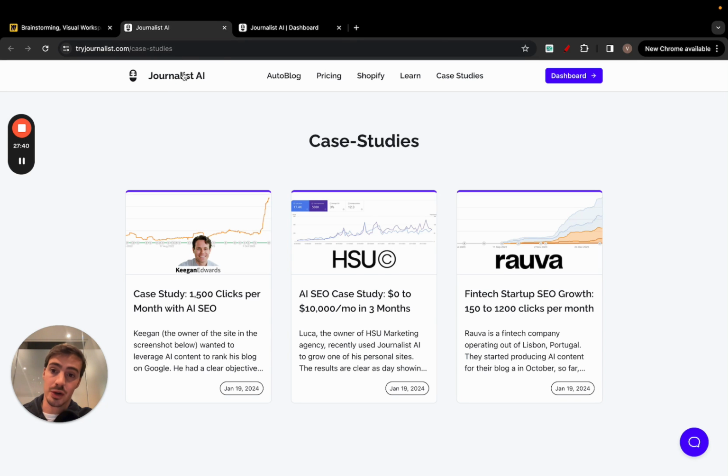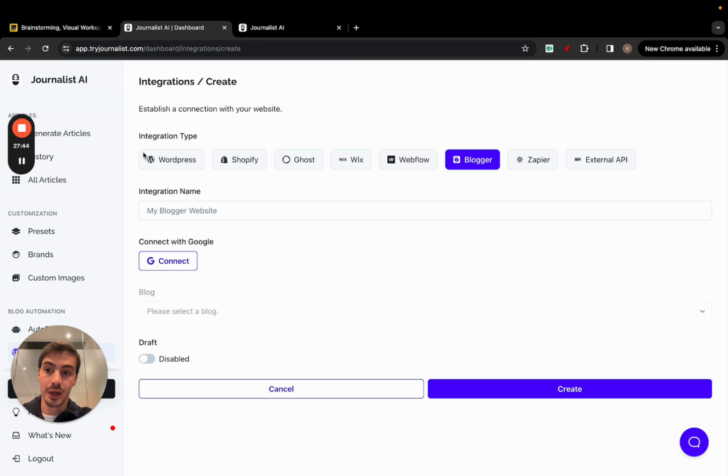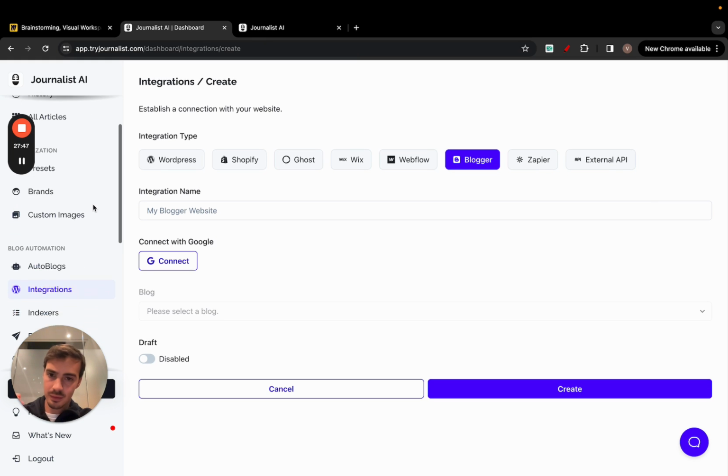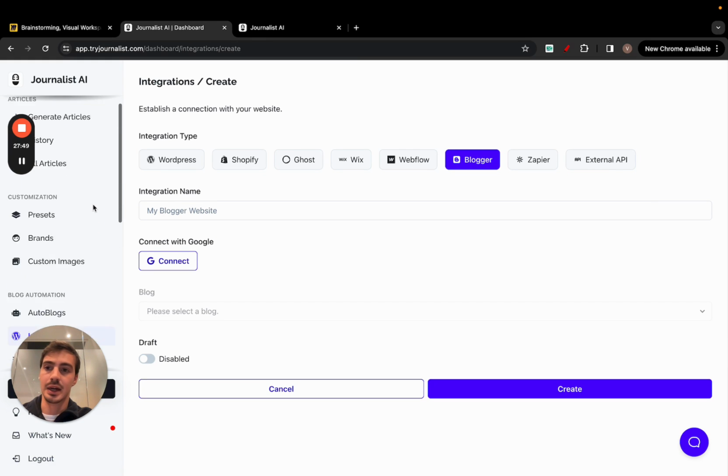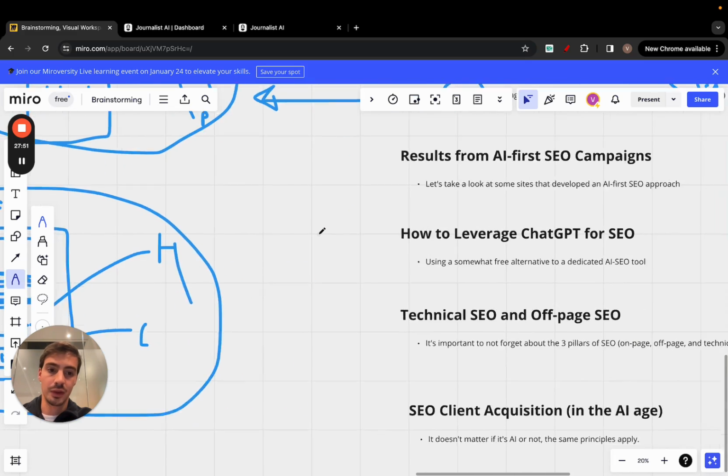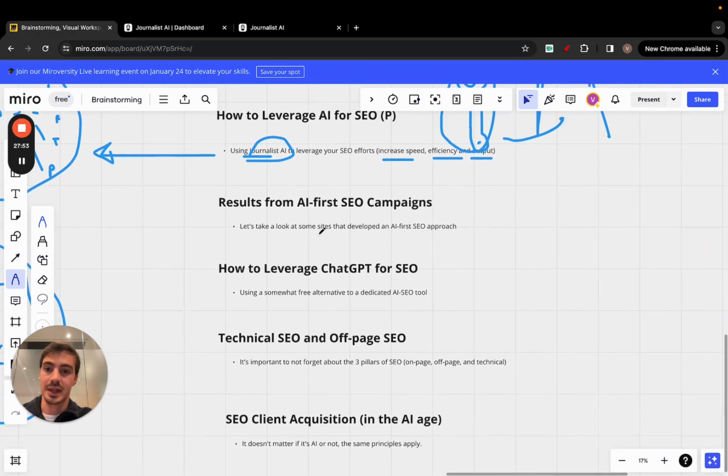And what we've built with Journalist AI is the ability to automate a lot of the process, which is tedious and boring. You can essentially have someone on your team, or even you, set this all up and have it running in the backend, which is quite powerful, right? Hopefully this was valuable enough, right? This is again the tool I use.